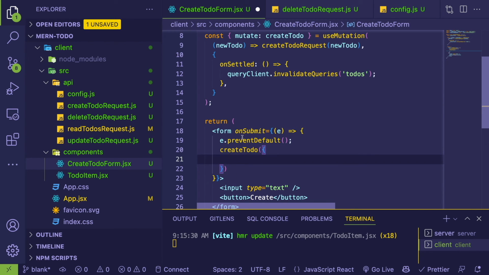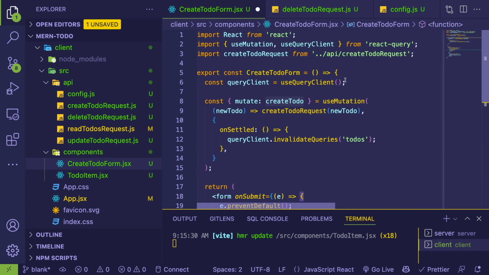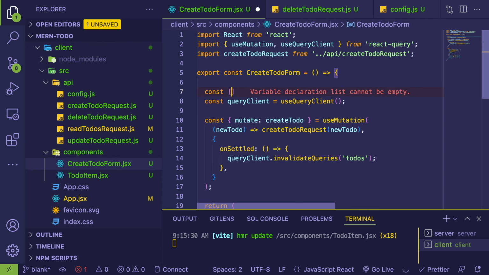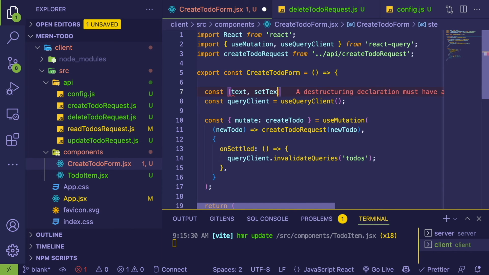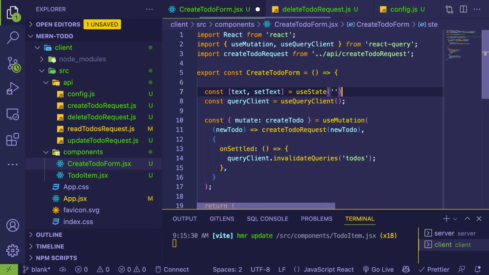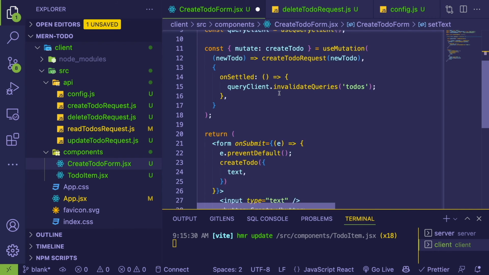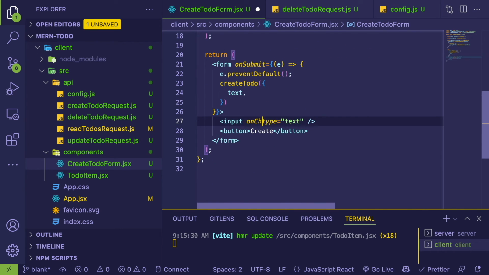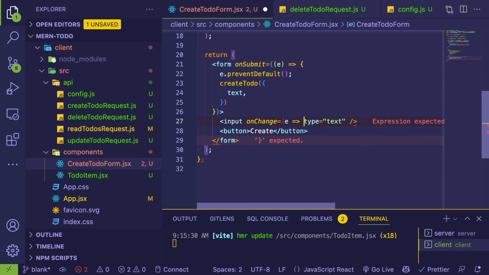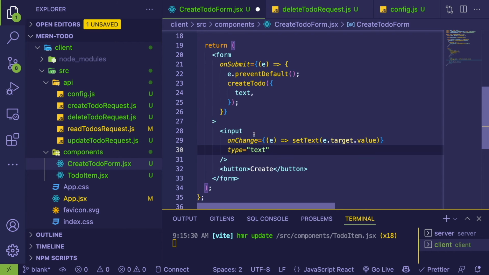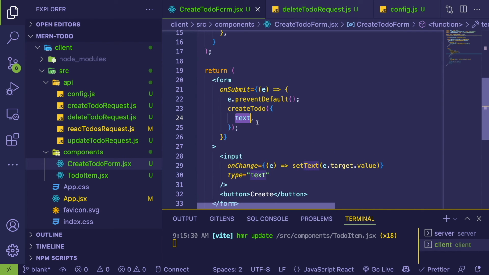All right, so the question is what do we put inside of this createToDo? Well, we need some text, but we don't have text stored anywhere, right? So we need some state. I'm going to go ahead and go up here and I'm going to say const text and then setText is equal to useState. So we need to keep track of some state when the user types into the input. So let's just go ahead and go down to that input box and I'm going to say onChange is equal to e and then setText of e.target.value. So whenever someone types into this input box, we're basically updating state. And then when we submit the form, it should use that latest version of that state variable and send that